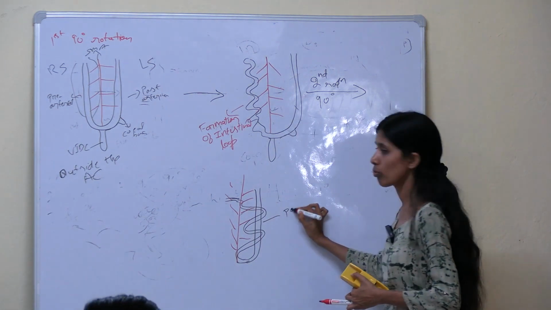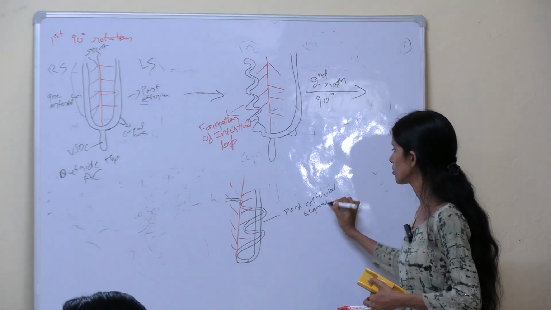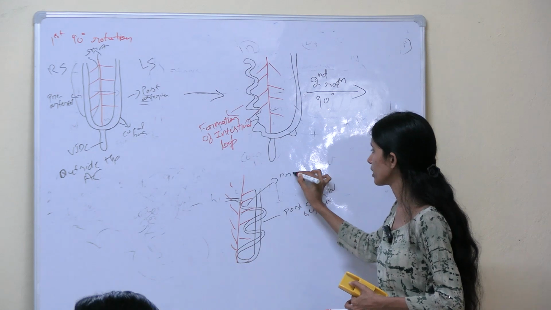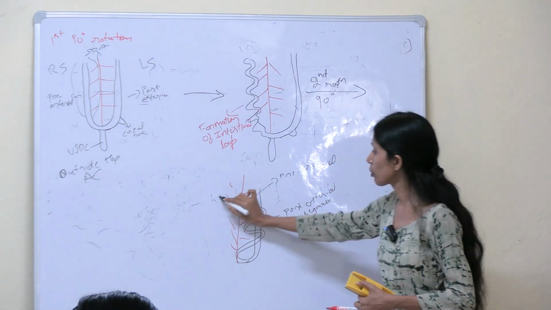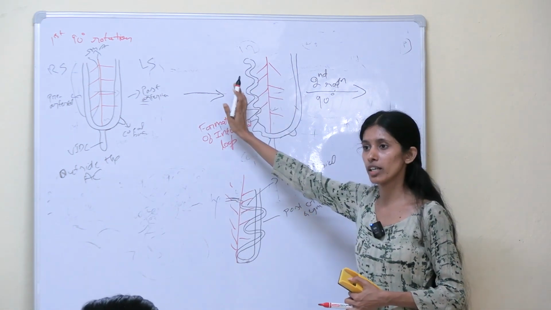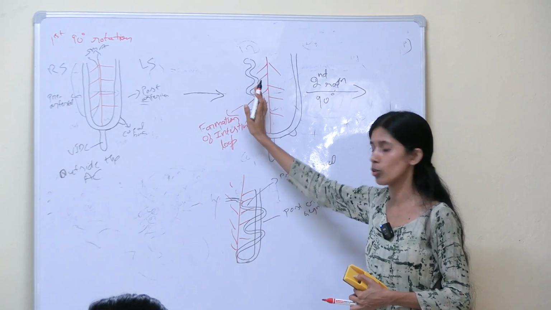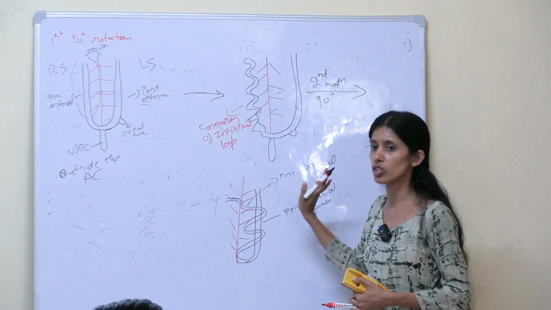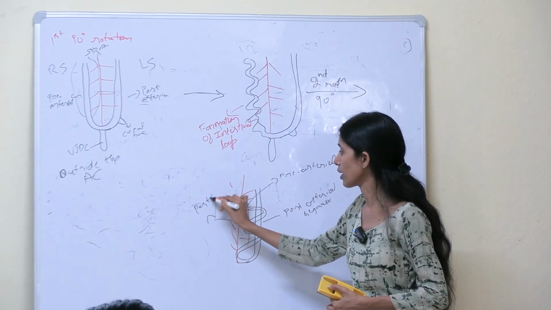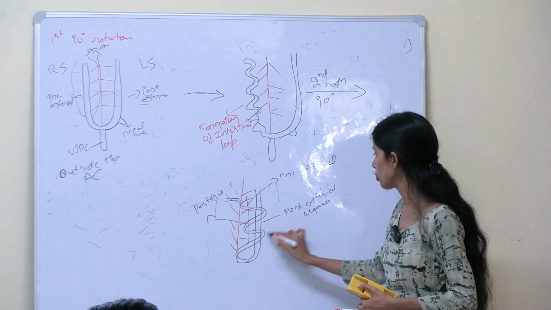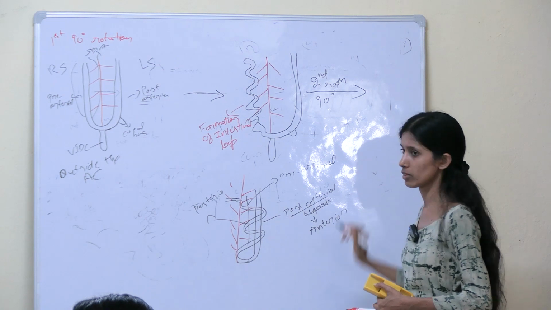So this is your post-arterial segment, and this is your pre-arterial segment. After the second rotation, your pre-arterial segment, which was staying on the right side and which is in the form of an intestinal loop, will now move towards the posterior side. Okay. So now this is present on the posterior side. As a result, your post-arterial segment will now be present on the anterior aspect.